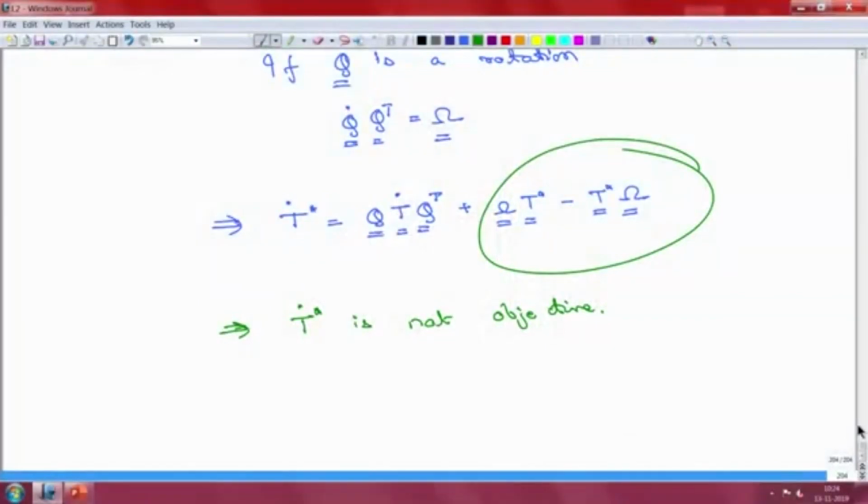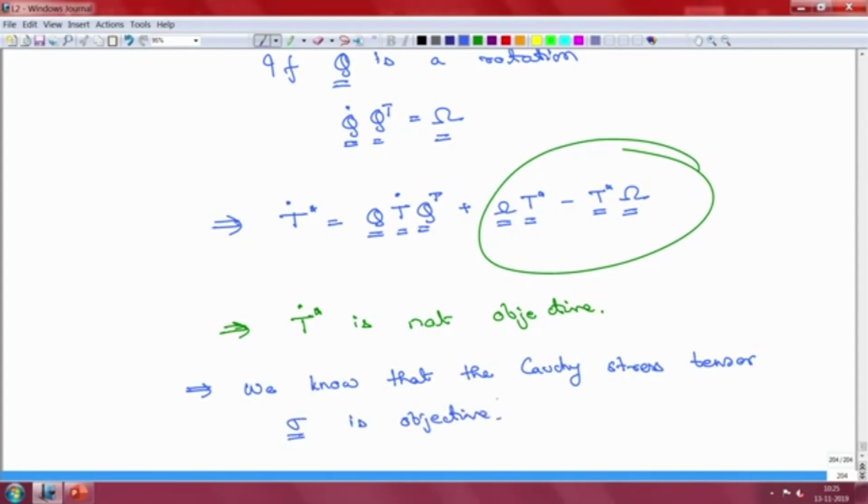So, welcome back to one more lecture on introduction to soft matter. As we were discussing last time, we were discussing objectivity and its impact on the Cauchy stress tensor. And we had seen that given any general frame invariant tensor, let us say T, the time derivative of T is not going to be objective. So, here basically the reason we were doing this is because we know that the Cauchy stress tensor is objective. But what we proved earlier implies that the time derivative of this is not objective,